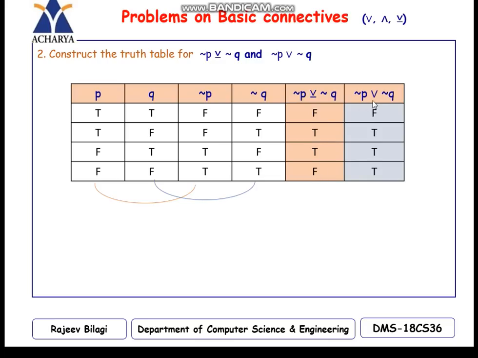Now, negation of P or negation of Q. So, OR operator, what it means? It says that if any one is true, then the final truth value is true, otherwise it is false. So now, if you look at here, negation of P or negation of Q, FF is F, okay, so FT is T, TF is T, TT is T. Okay, so this is what the second example, how to construct the truth table. We'll see another example.